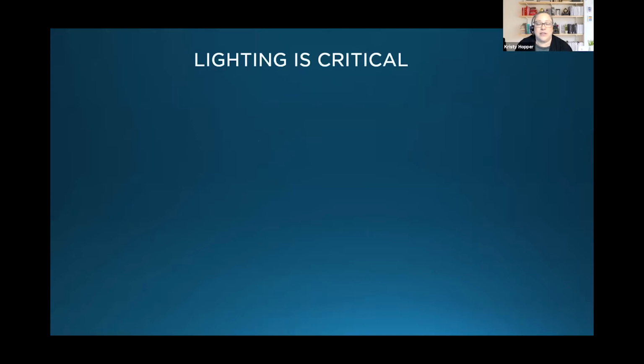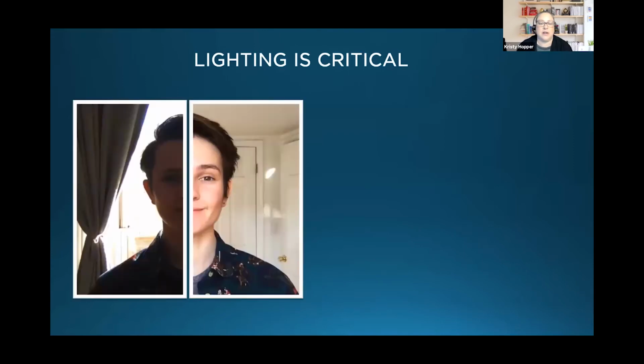So first, I think the first thing to think about, and one of the most important, is lighting. Lighting is critical. There's probably not a more important aspect to looking good on camera than lighting. And one of the biggest mistakes people make is to sit with a bright window behind them, which has the effect of causing the camera to underexpose and create a silhouette. Your face is in shadow. If you can, you want to sit facing your light source. Have the window or a bright light source in front of you, or no more than 45 degrees from being